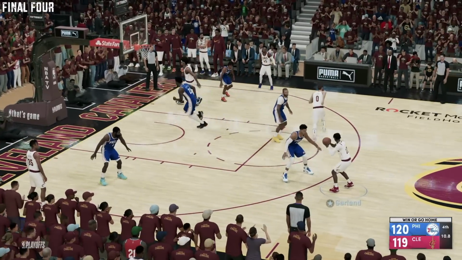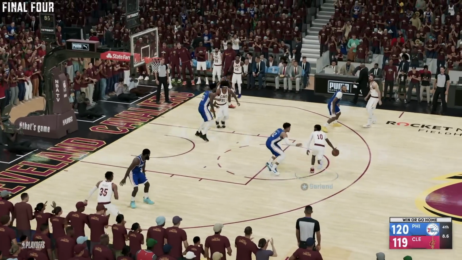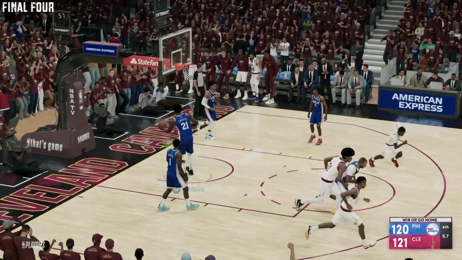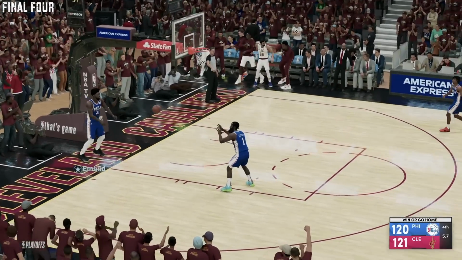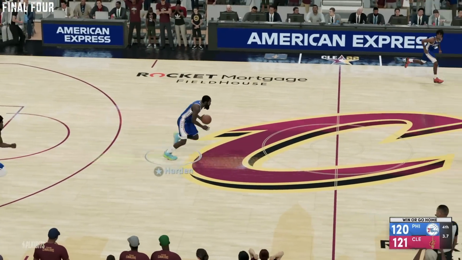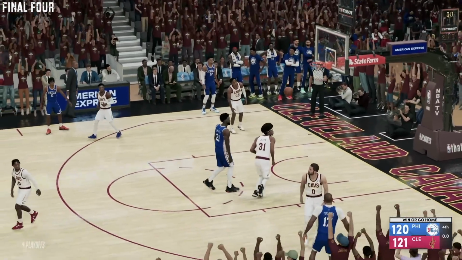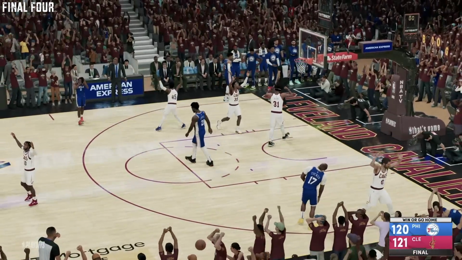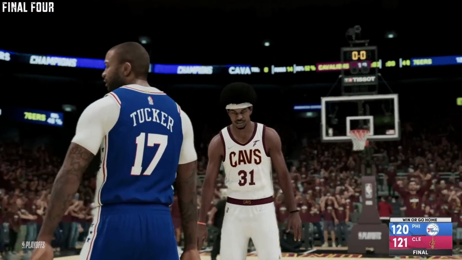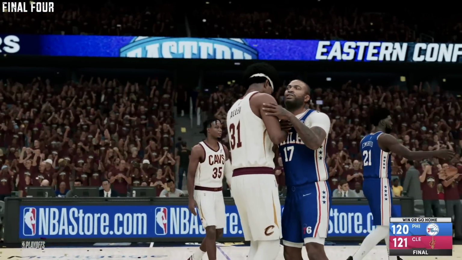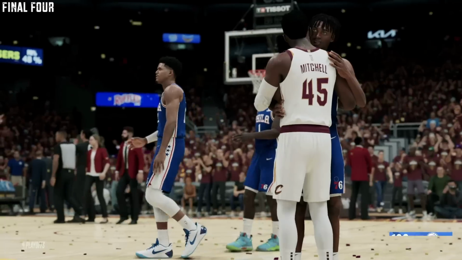It's Love. Now to Darius Garland, top of the key. 10 seconds. Garland on Harris. Breaks his ankles. Knocks down the jumper. Unbelievable. Tobias Harris hit the deck. Harden with 5 seconds. No timeouts. Harden for the win. No good, and Cleveland moves on. What a finish. Darius Garland with the crossover of the year. And just like that, the Sixers lose in a heartbreak as the Cavs will move on.